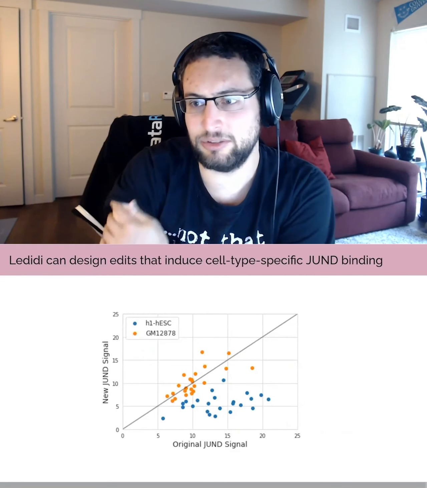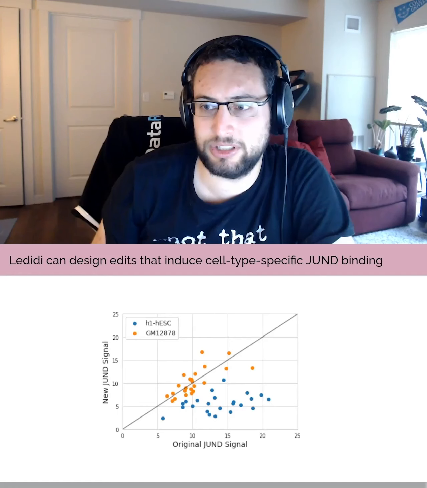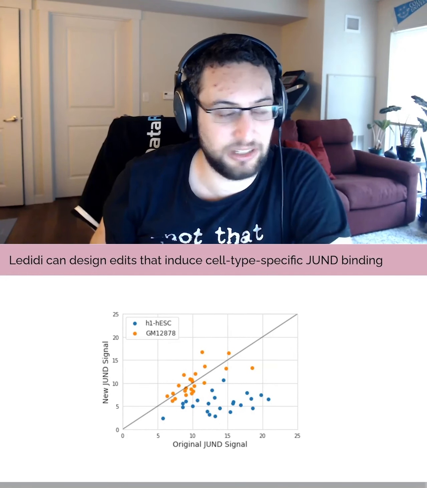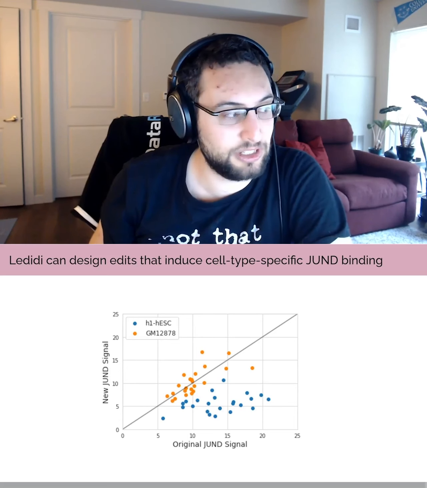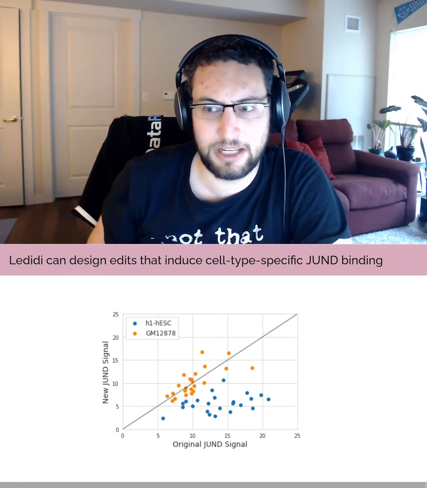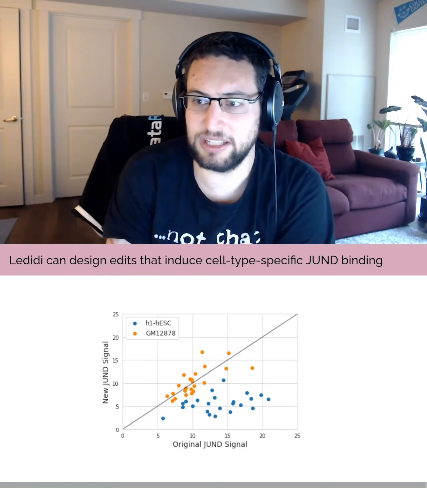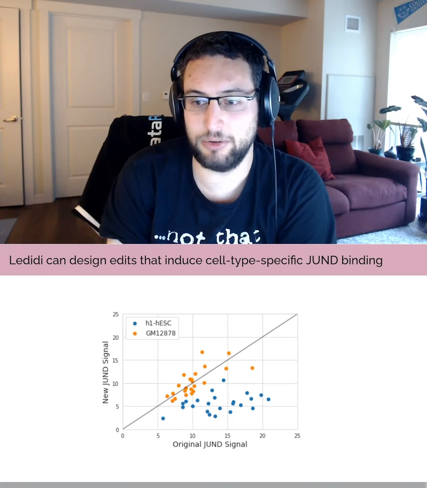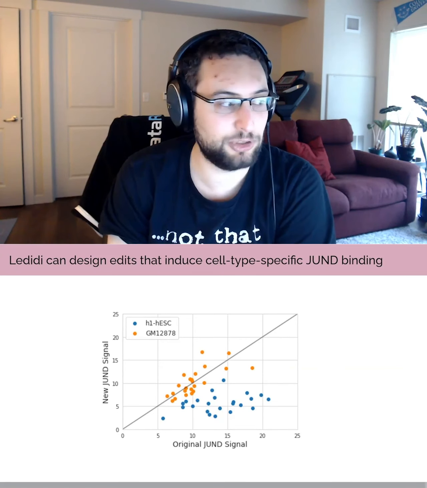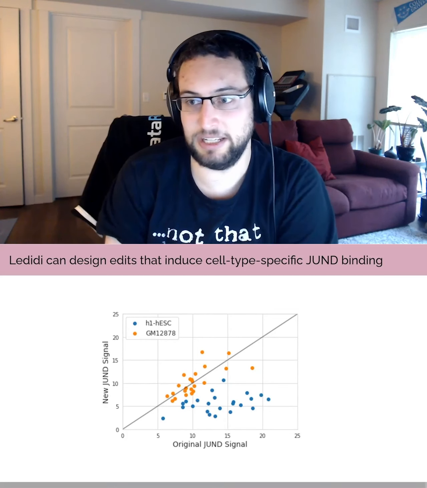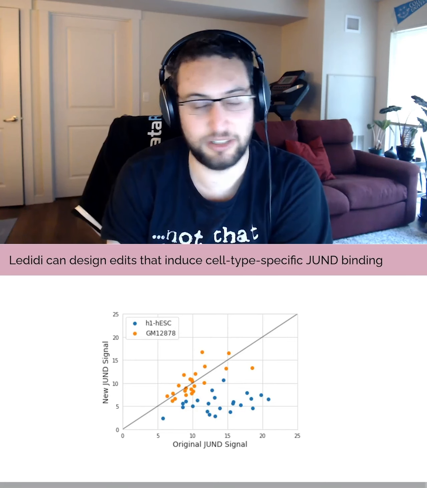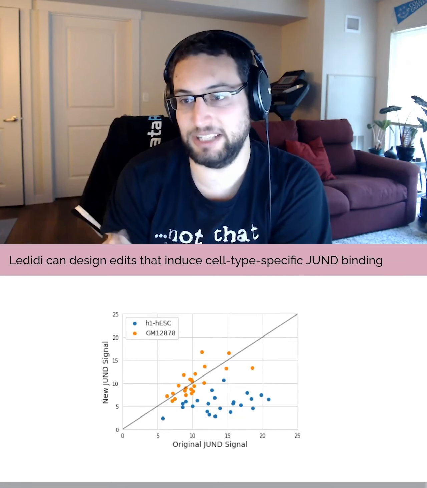So the next thing we did is we tried using Ledidi in order to design cell type specific edits. Essentially, what we wanted to do is knock out GUND binding. We wanted to knock it out in human embryonic stem cells, but not in GM12878. And we were fairly successful at that. At these locations, we had the same model, and we wanted to keep GUND binding the same while eliminating it in another cell type at the same loci. And you can see that we significantly reduced signal in human embryonic stem cell while keeping it basically the same